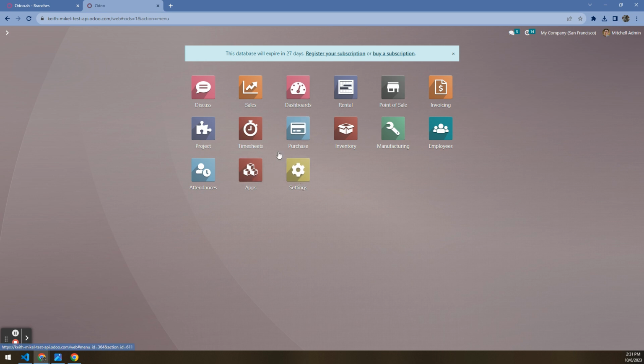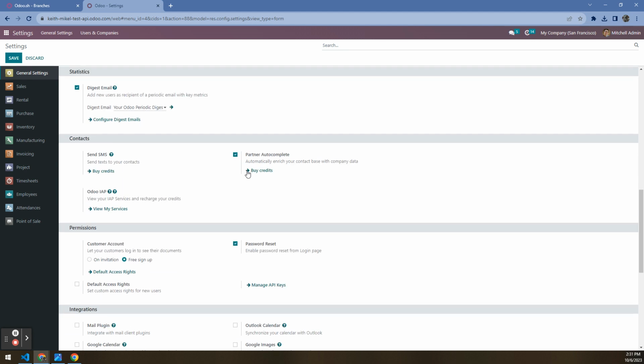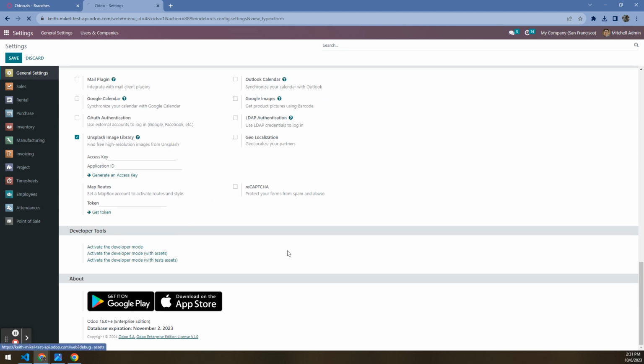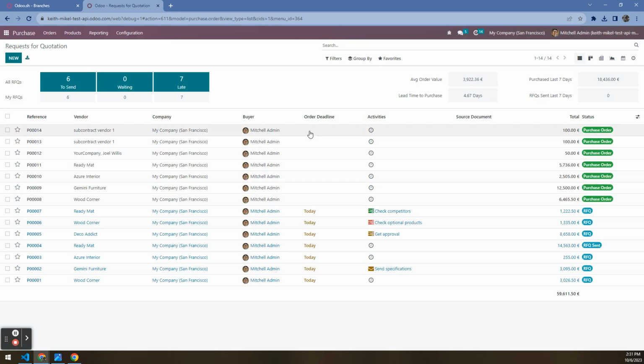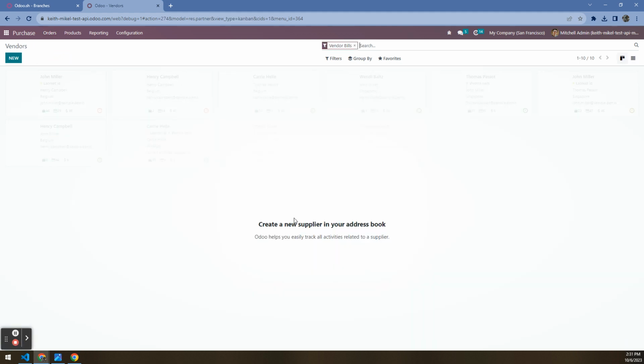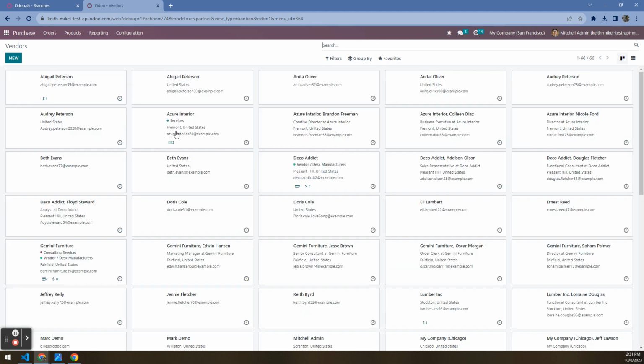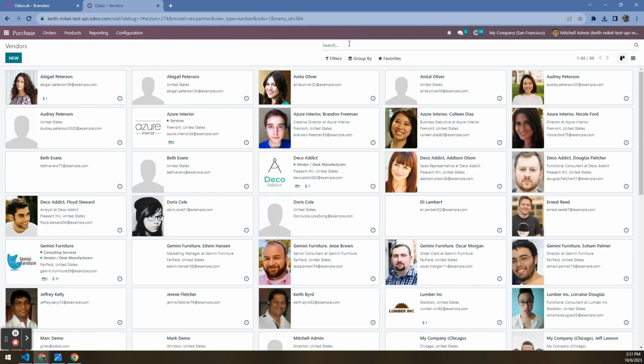So the thing we have to do before we do that is go into our settings. So you'll have to be an admin user to do this. Turn on your developer mode. And then we're going to go into our vendors. So either through the contacts app, which I don't have installed right now, or purchase vendors and get rid of that. We'll look up our